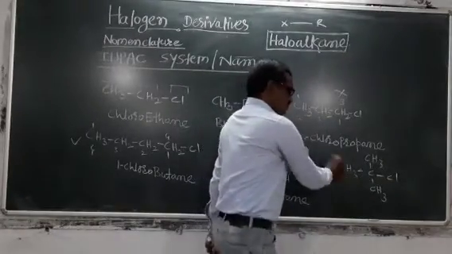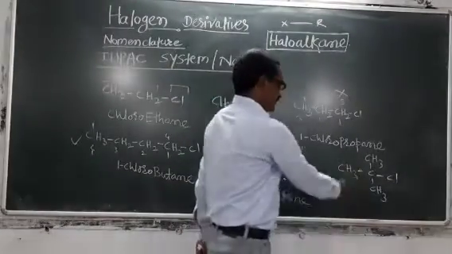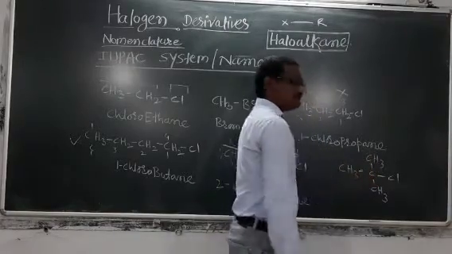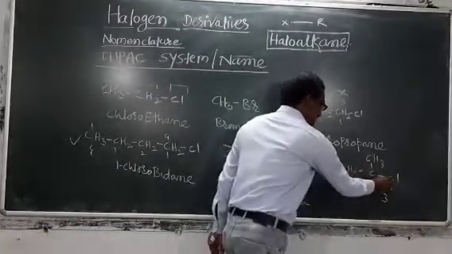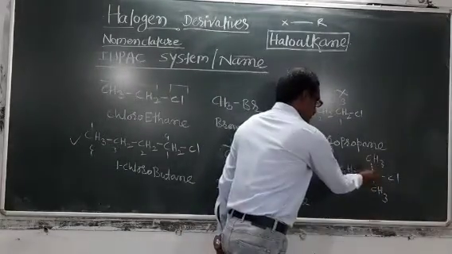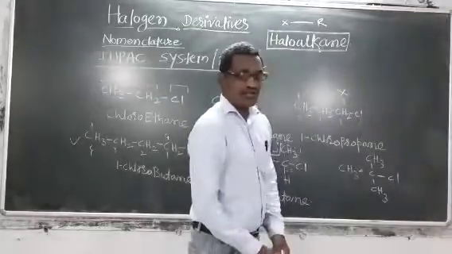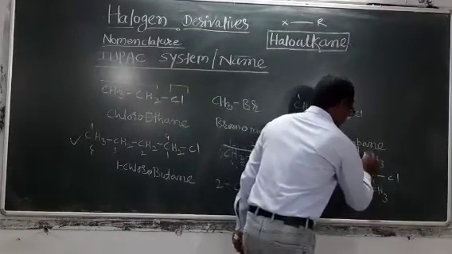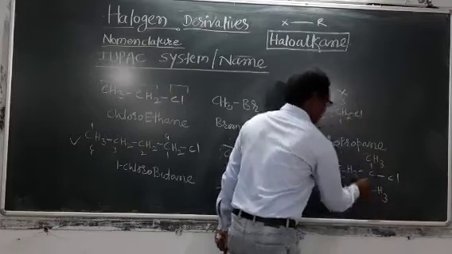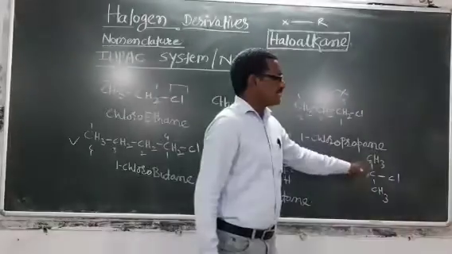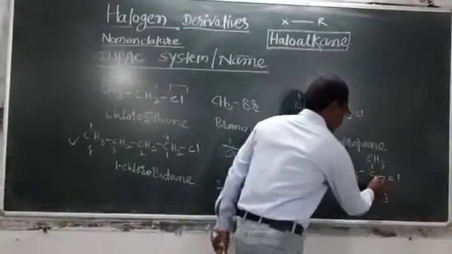The numbering, substituent, position of substituent, we have studied. Now look at this example. The longest possible chain is 1, 2, 3 carbon atoms. In the straight chain there are 1 and 2 carbon atoms. 1, 2, 3 carbon atoms. Means the longest chain contains 3 carbon atoms. I will select this as the longest chain. Then give the numbering to the chain. If suppose we have given from both ends, it will come 2.